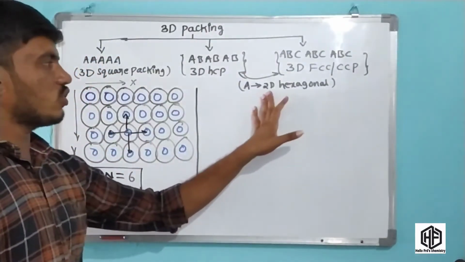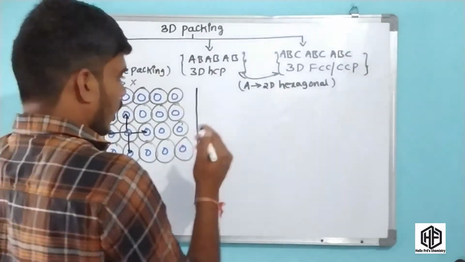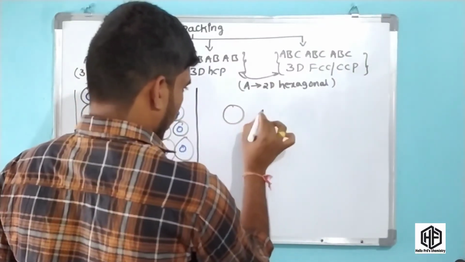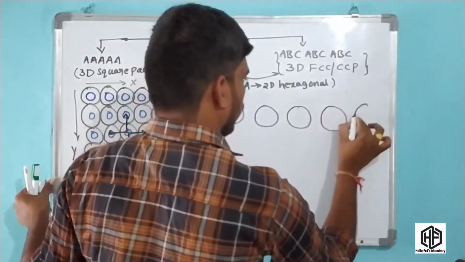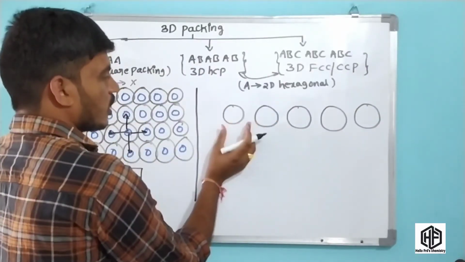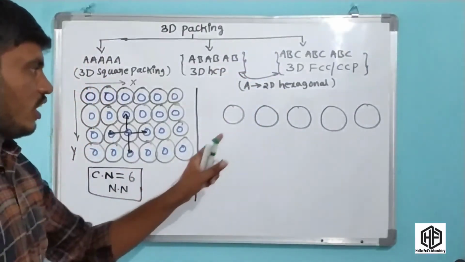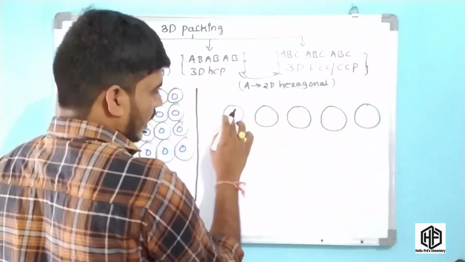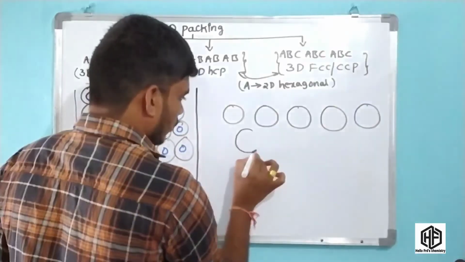First of all, I am representing this two dimensional hexagonal packing. The atoms are arranged like this. I am representing these atoms with a long distance between these two atoms, because you have to be able to understand this concept. Okay friends, that is the main reason. And in two dimensional hexagonal packing, what happens, friends? The atoms are arranged such that these two atoms, and the atom just below, are arranged like this.